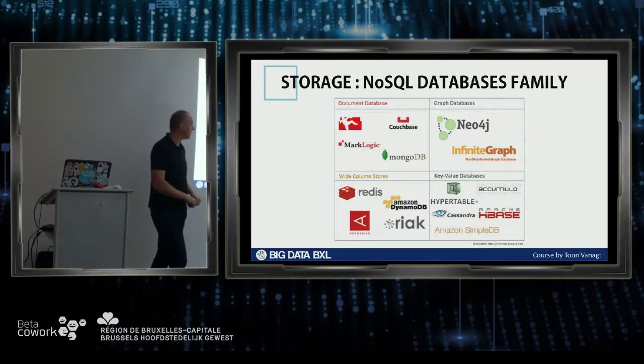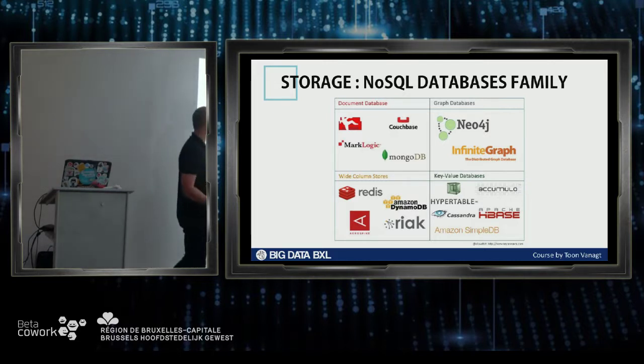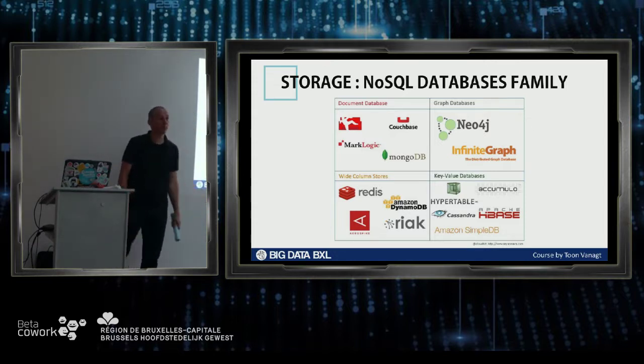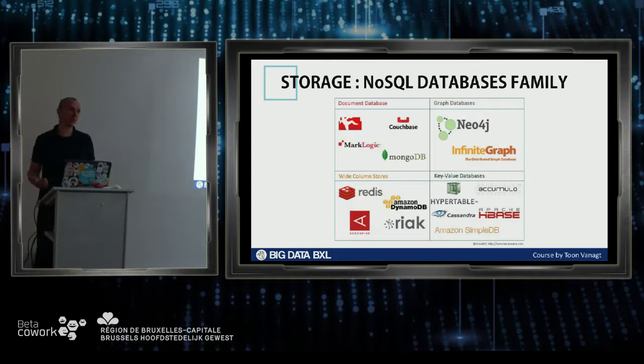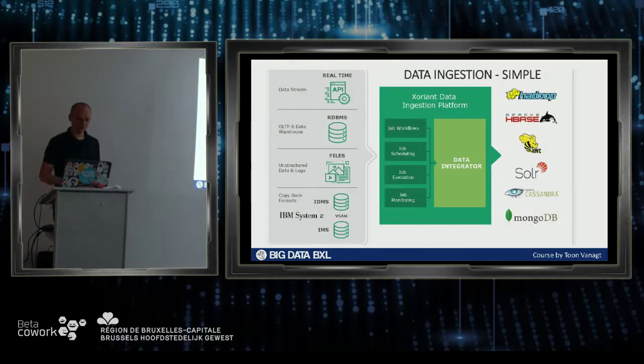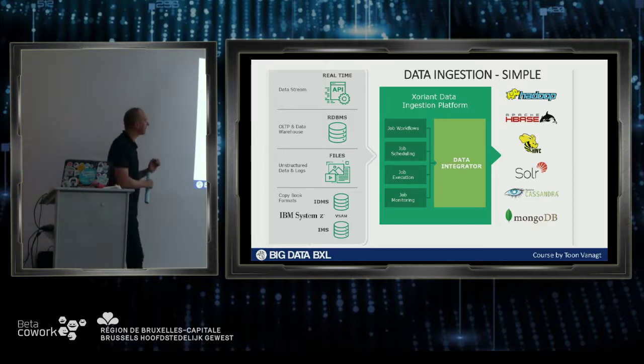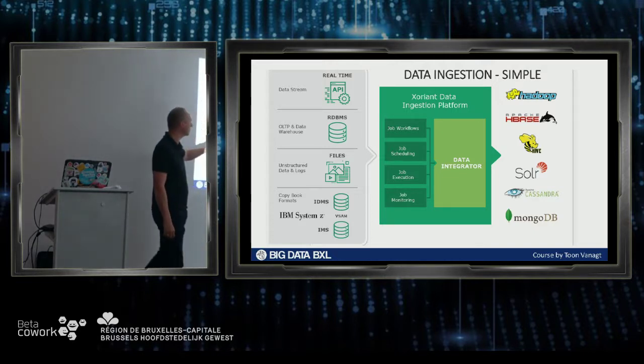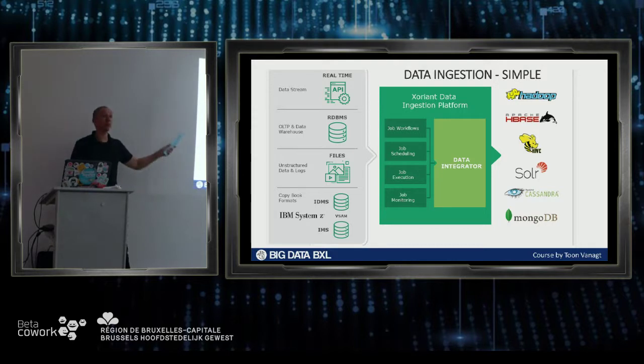And then you have key value databases, Accumulo, Hypertable, HBase, Cassandra. Amazon has one out of the box, SimpleDB. So those are your key value databases. Very good for computing huge amounts of data. You just have this key value store. The data ingestion, again, a few examples. These are exactly the things that we'll be talking about. Hadoop, HBase, Hive, Solr, and Elasticsearch are in a similar field, Cassandra, MongoDB. Those are the stacks that we'll be using in the advanced course.